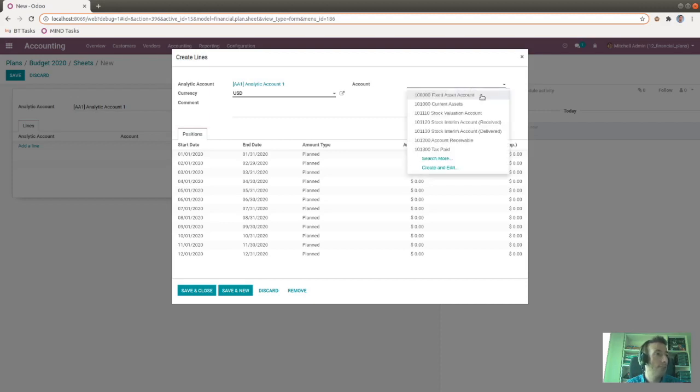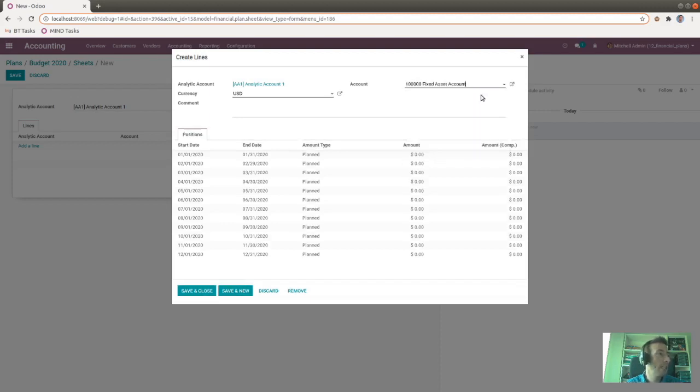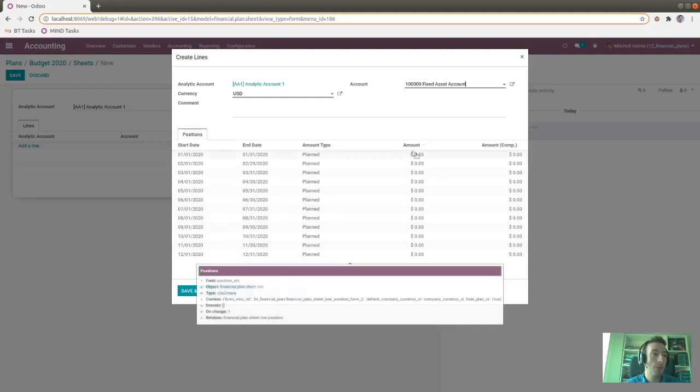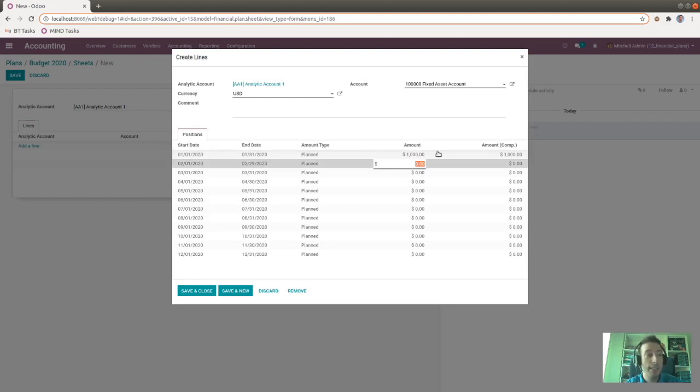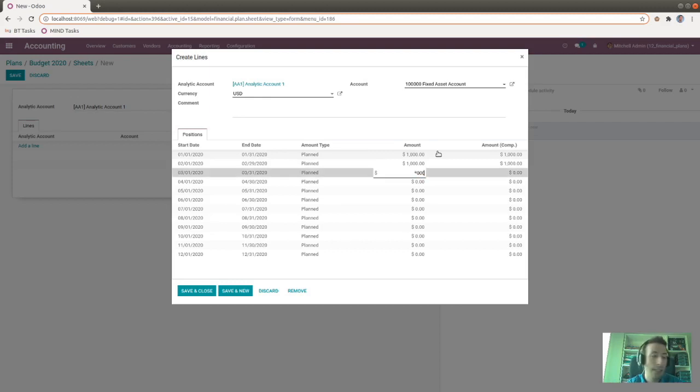And for the account, let's select the first one. And now we can enter here the amounts. So we have 12 planned amounts to enter. So let's assume I want to enter 1000. So I can type 1000, hit the tab key. Again, I can type 1000, tab key, 1000, so on and so forth.